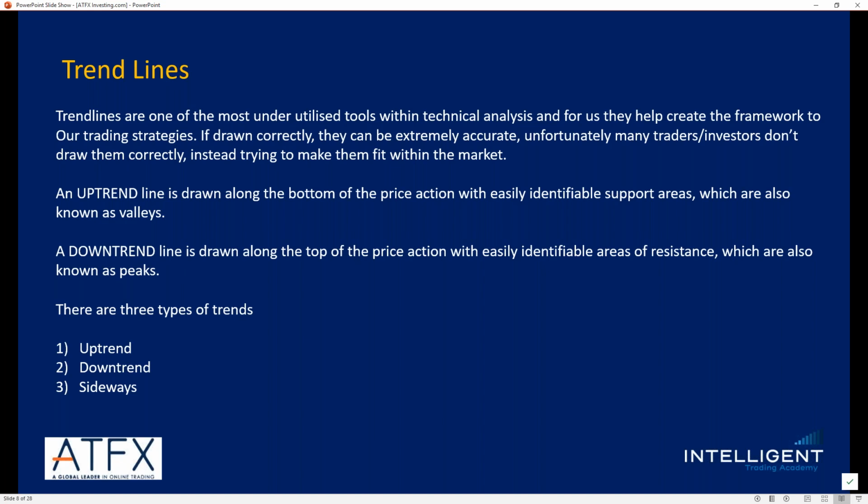Now, in an uptrend, the line is drawn along the bottom of price action with easily identifiable support areas, which are also known as valleys, and a downtrend line is drawn along the top of the price action with easily identifiable areas as resistance, which are also known as peaks. So there are three types of trends: uptrend, downtrend, and sideways. Sideways is also known as a phase of distribution, or a range-bound market, or a corrective market as well. So just make sure that you understand the differentials: uptrend, downtrend, correction, sideways, distribution, because